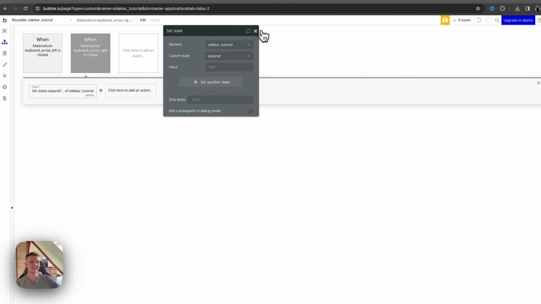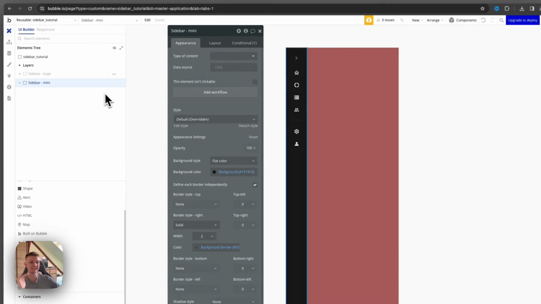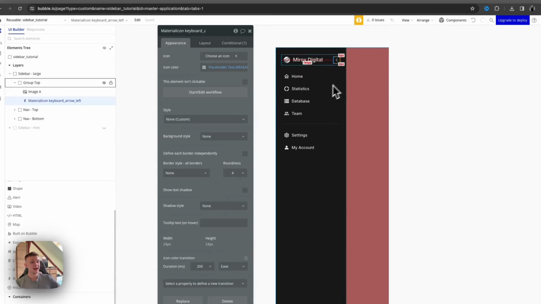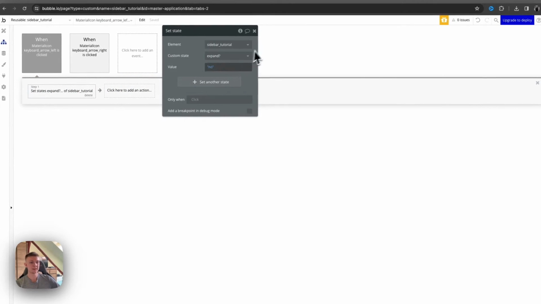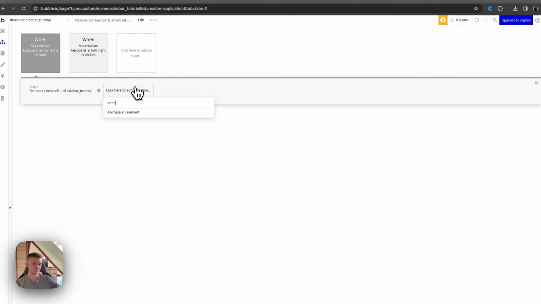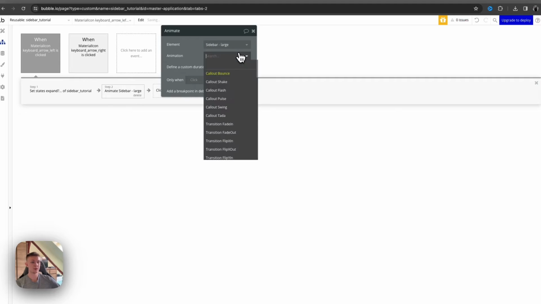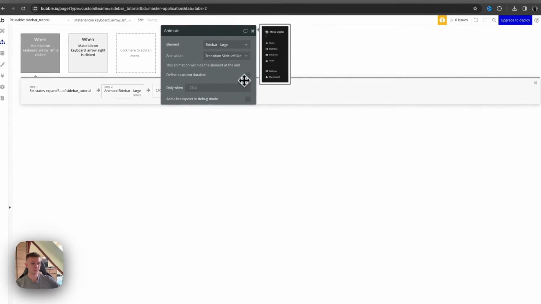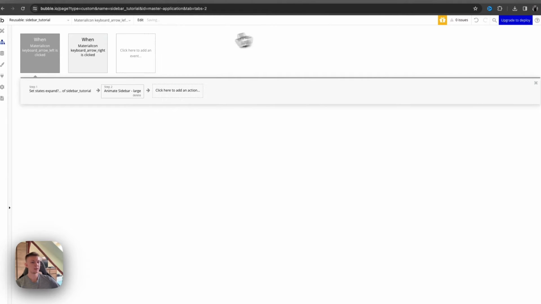So we have to do something. It's not smooth. Why is that? Because again, it just shows and hides instantly. So what we can do is, when we try to hide this group, let's go to the workflows, set state, right? So expand equals no. But now let's animate an element, which is going to be sidebar large. Let's animate this element and let's go to transition slide left out. Let's set the custom duration to like 400,